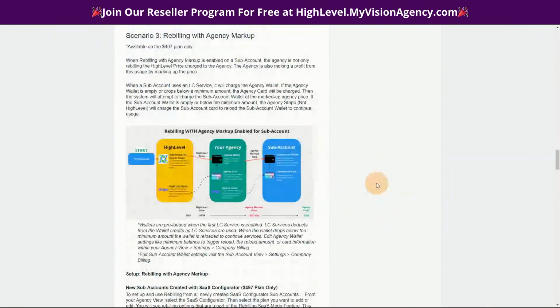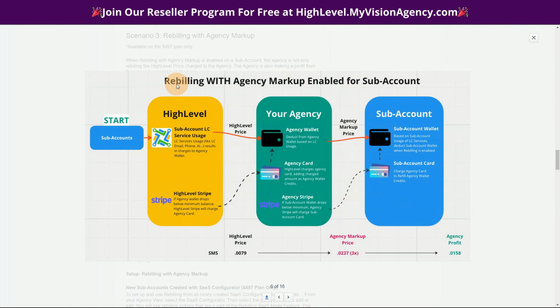This article is really good. Okay. And then you can see here that rebilling with agency markup, meaning you're on the 497 plan and you have marked it up, we have the same process here, but you can see, for example, when the agency or the sub account marks it up